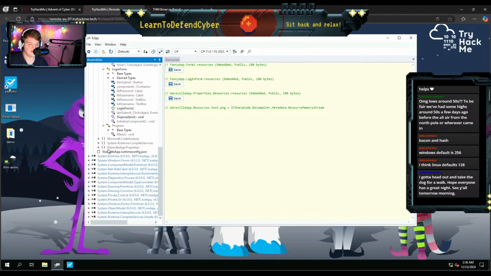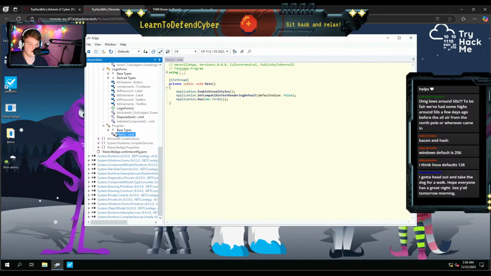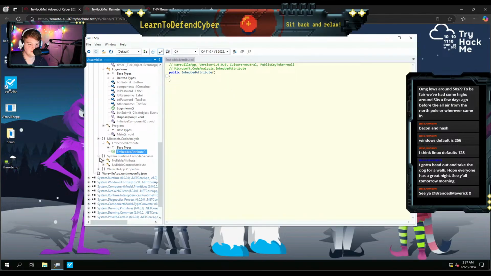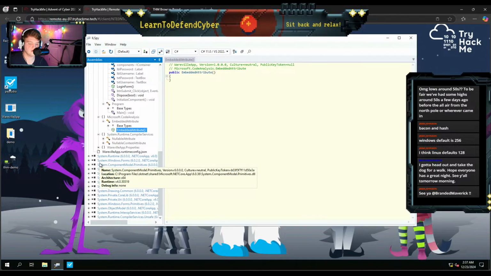I'm not seeing anything interesting. Our main one is voided for some reason. What do we have? Or what else do we have? Embedded attribute. Nothing cool. There's a lot of libraries that it pulls from.